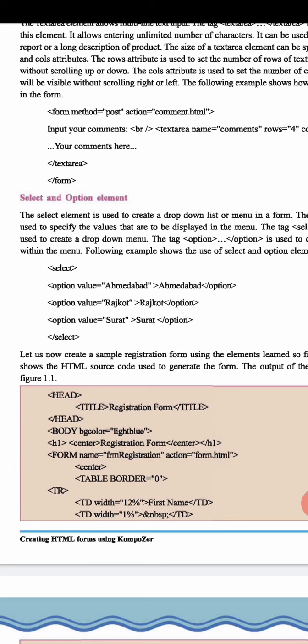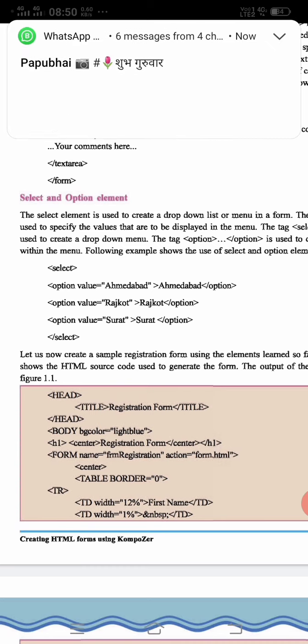Here we have taken only 3 option values, and you have to give each its value and also display it. So both things: value equals Ahmedabad, which is what is returned, and Ahmedabad outside of the tag, which will be displayed on your list.